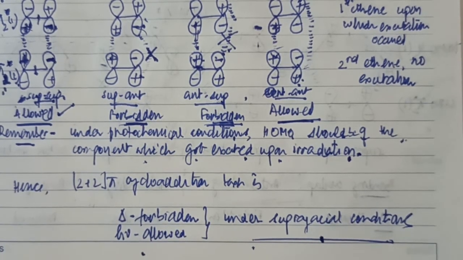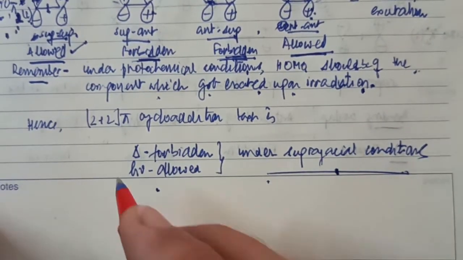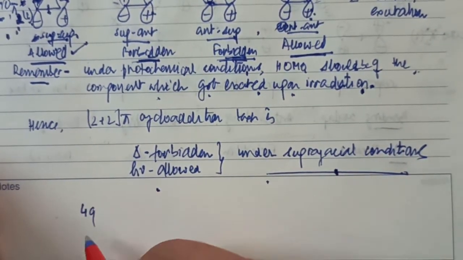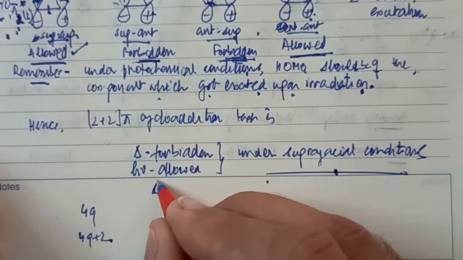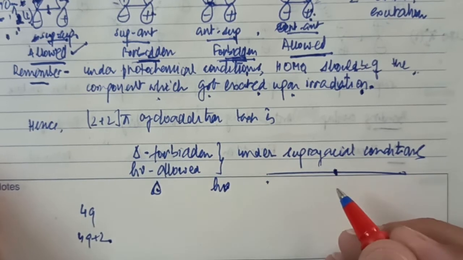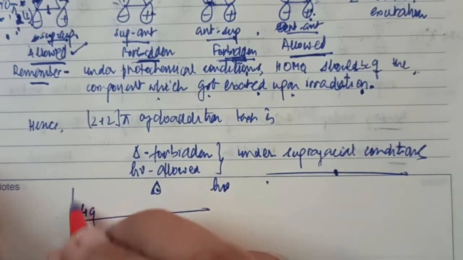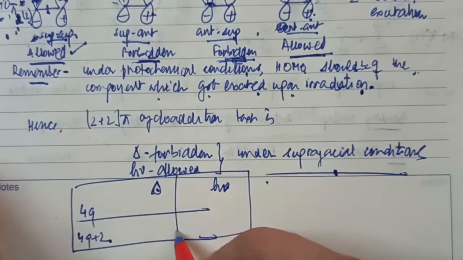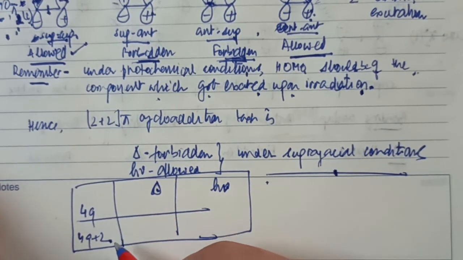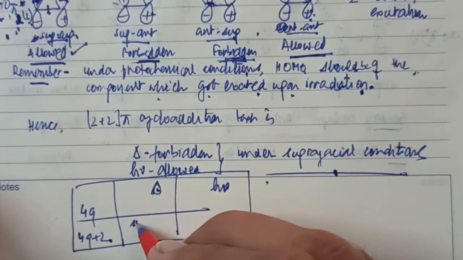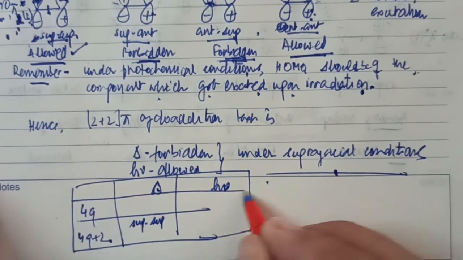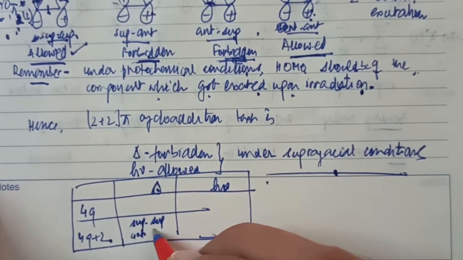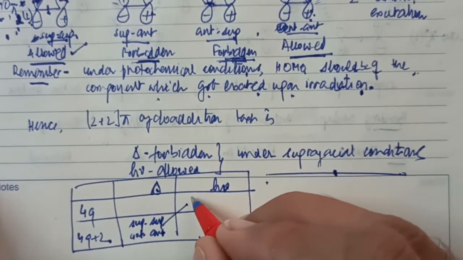Do you remember the selection rule? If I draw that selection rule for you again, remember the 4Q plus 2 systems, thermal and photochemical. How did we make those selection rules? Remember, 4Q plus 2, the Diels-Alder reaction. Under thermal condition, supra is allowed. This is all I need; the other ones I'll construct. If this is supra, the same will be for antara, diagonally it will be the same.